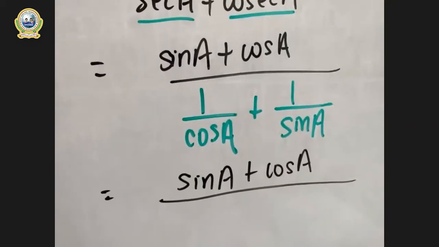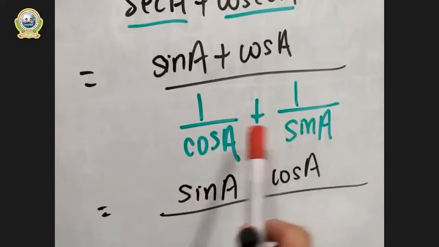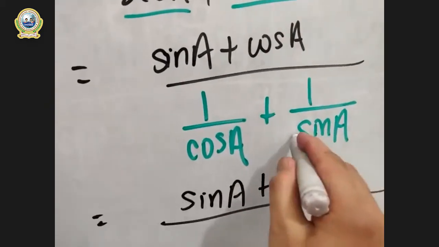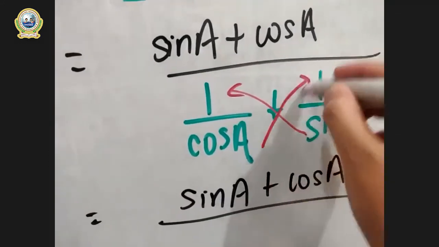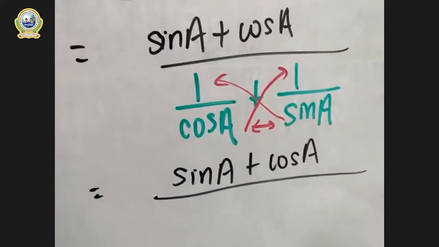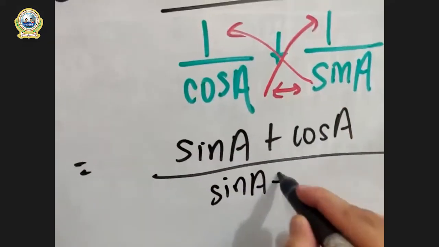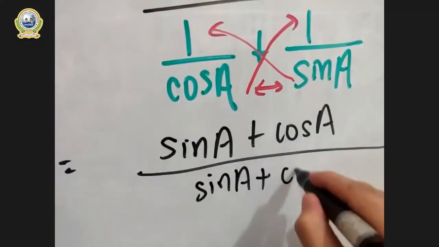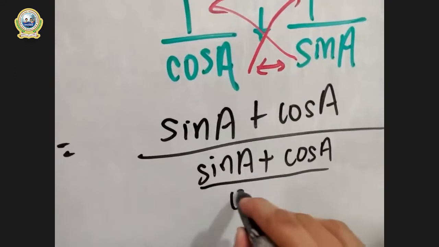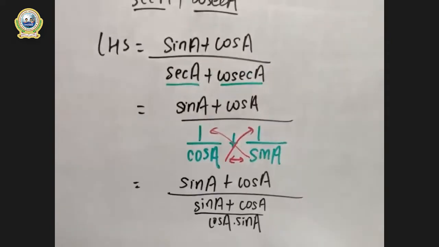Now what we do is, let's cross multiply. Sin A into 1, cos A into 1, and in the denominator, cos A into sin A. You know this, right? How we take LCM over here? We multiply this by this part, and this by this part in the numerator, and these two are multiplied in the denominator. So it seems like this: sin A times 1 is sin A, the plus is as it is, and cos A times 1 is cos A, and in the denominator it is cos A dot sin A. Is it clear?